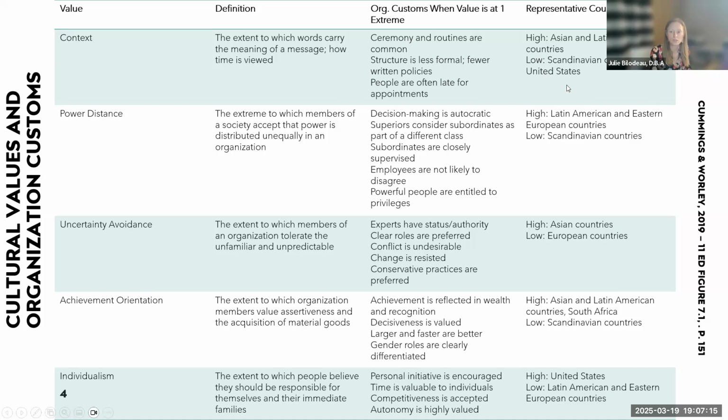So if we look at, I am going to just take context for a second, the extent to which words carry a meaning of a message and how time is viewed. So this is at the high end where we see it a lot in Asian and Latin American countries, and then lower in Scandinavian countries and the United States. So,